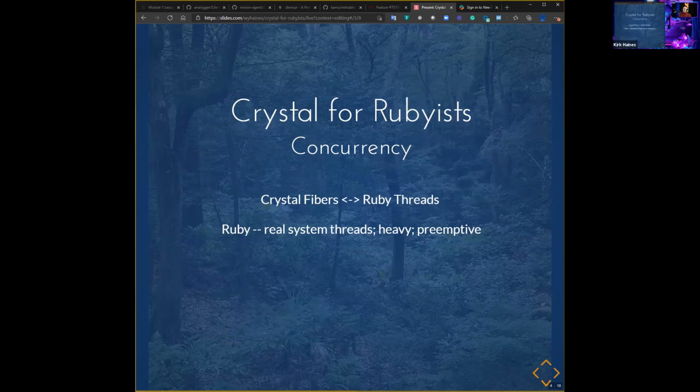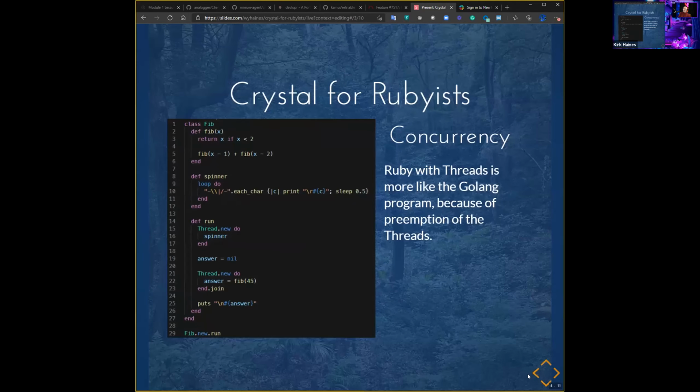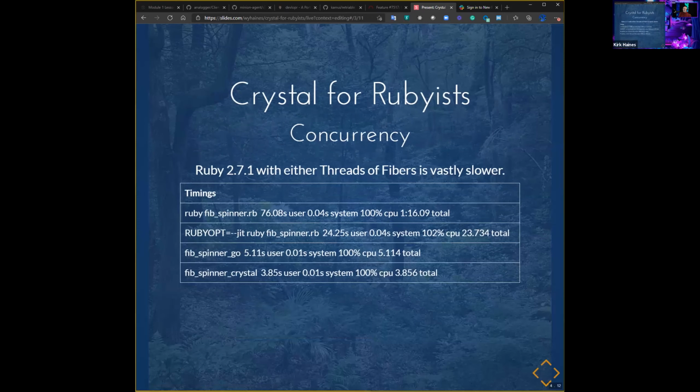With Ruby, you can do it with threads, and then it becomes much, much simpler. With threads, it's going to look pretty much like the Golang one or the Crystal one. It gets very simple again if you use threads in Ruby versus fibers in Ruby. But there's a big performance difference. And that should say with Ruby 3.0, because I went and retimed all these, but I guess I didn't change the header. So, that's with Ruby 3.0,